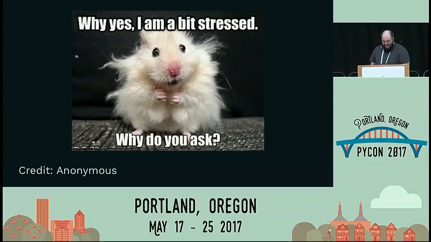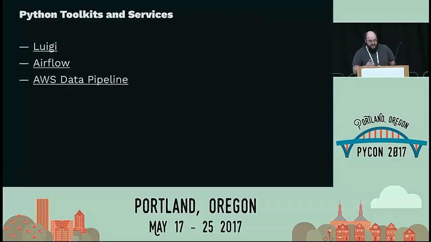But thankfully, it's gotten a lot better, right? Recently, we've had wonderful toolkits, things like Luigi and Airflow, AWS Data Pipeline, that let us focus on the sources and the transformations that we want to do, some outputs and notifications, but they handle a lot of the surrounding pieces for us. Airflow has nice scheduling, and Luigi has wonderful task definitions to build on top of. They all had some way of handling what happened when something didn't execute properly, which is something that in our hand-built pipelines we didn't have.